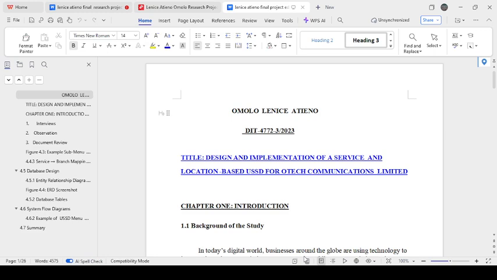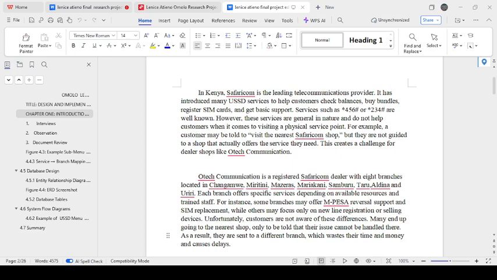So my project is about a service and location-based USSD for OTECH Communication Limited. OTECH Communication is a registered Safaricom dealer with 8 branches in Kenya, which are Changamwe, Miritini, Mariakani, Samburu, Taru, Aldina, and Uriri. Each of these branches offers specific services depending on the available resources and the